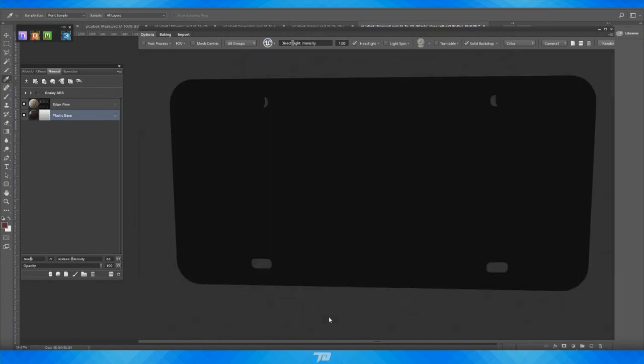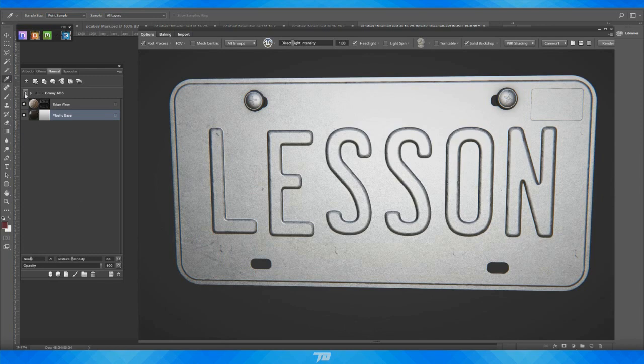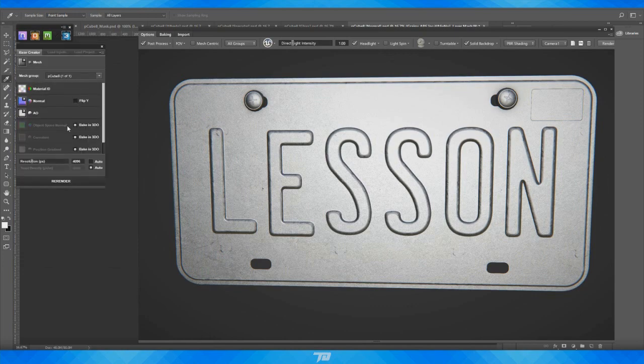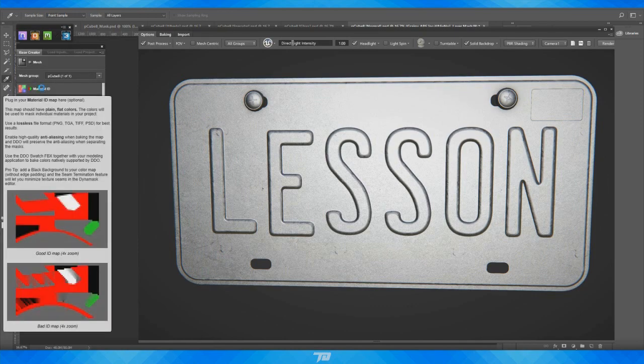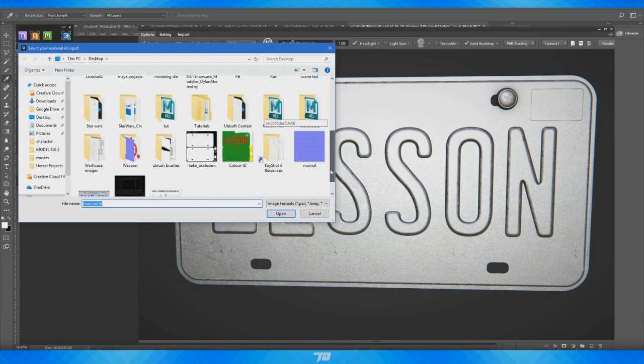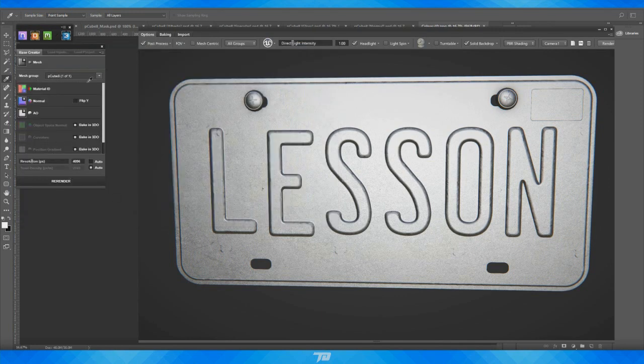So holding Shift and C, let's see, actually, going back. What we didn't do is we didn't actually import our ID map from previously. So let's see. This is a great example as to how to re-import input maps. So open the re-importer, which is the second button here. I can click that, and we can select ID map. It essentially just lets us re-import whatever maps that we want to once again. So if you do want to make changes, you still can. I'm going to press OK to our material ID